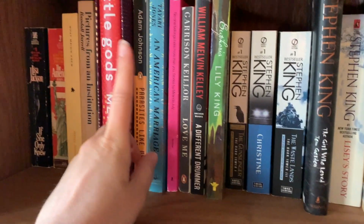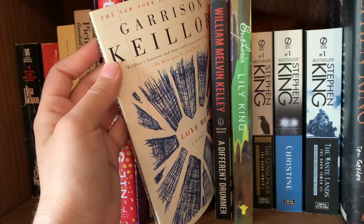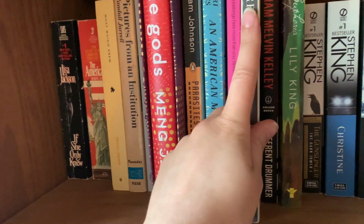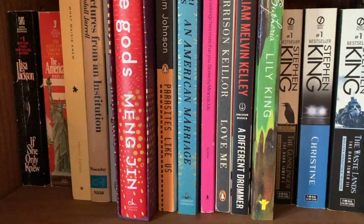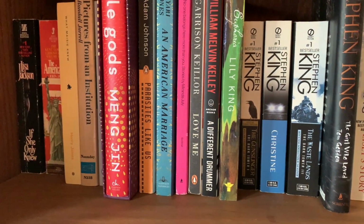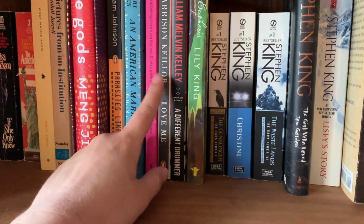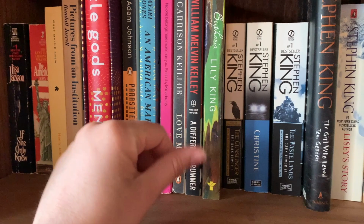Who's one of my friends. I don't know about this because isn't he like a sexual predator too? Or like he's been accused of, I guess I shouldn't, what is it called? Slander. I think that this man has been accused of some wrongdoings. But I bought this a long time ago used. So I don't know. I'm not rushing to it, but I don't know if it's going to stay on my